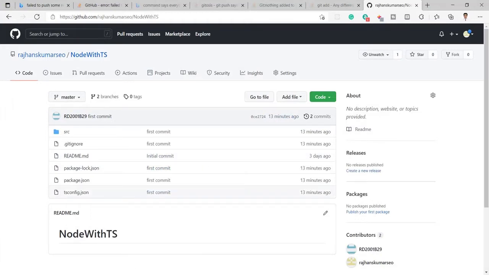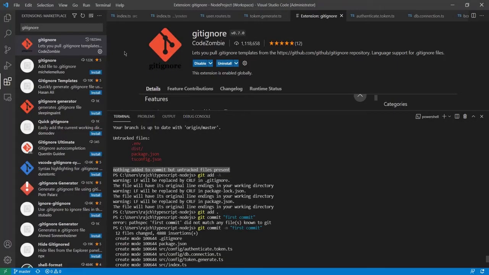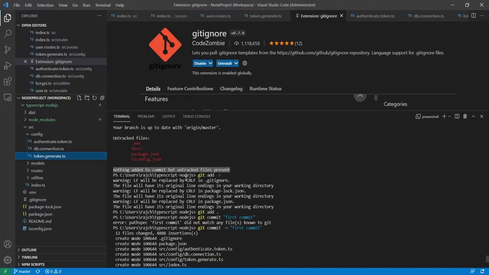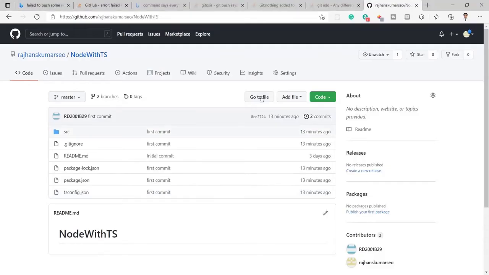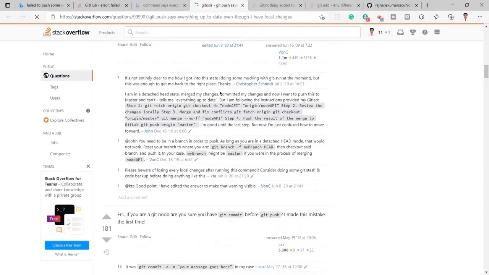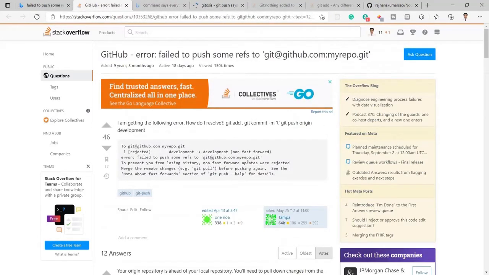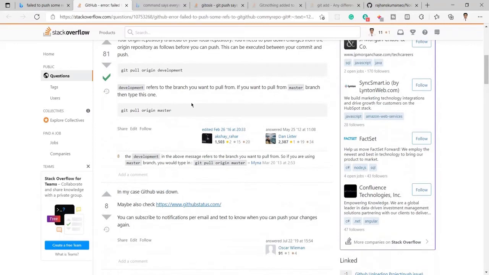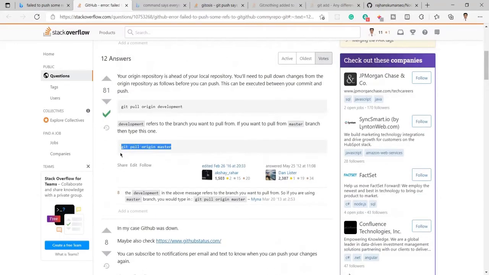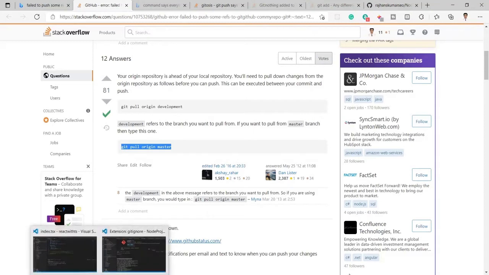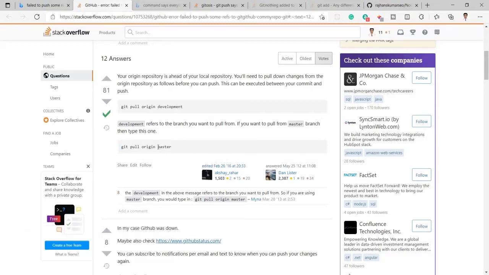So what I did, you can see in VS Code, I first did the git pull. That means I executed this command, git pull origin master. But also make sure that if you are using GitHub, then initially you must pull from main, not from master, because here I have the master and I also have the main branch.